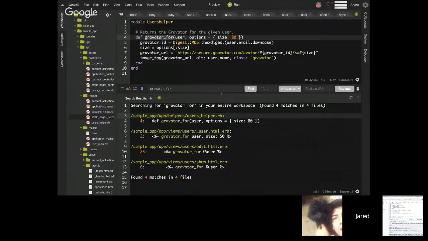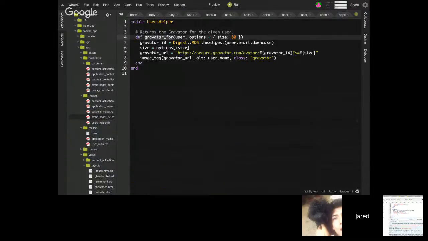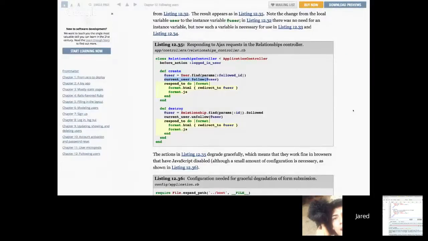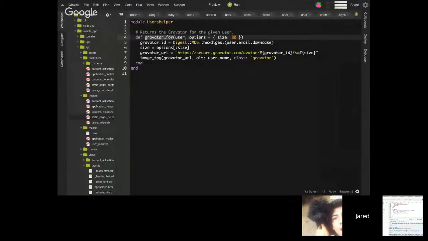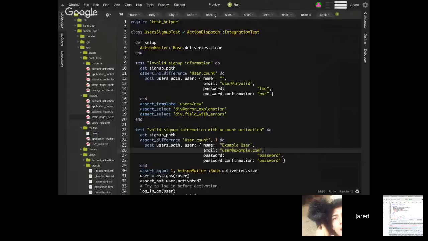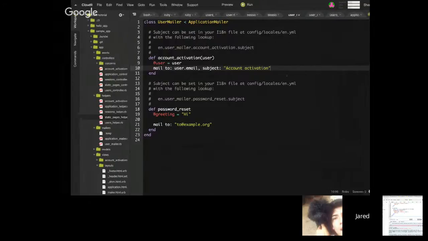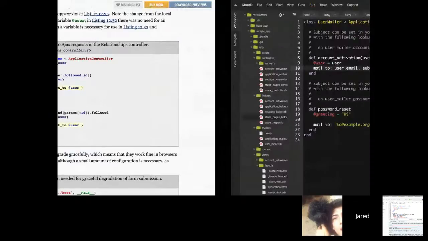So what about the follow method that is defined in the user model? What about the follow method? Yeah. Well, how come we can access follow and unfollow? It's because